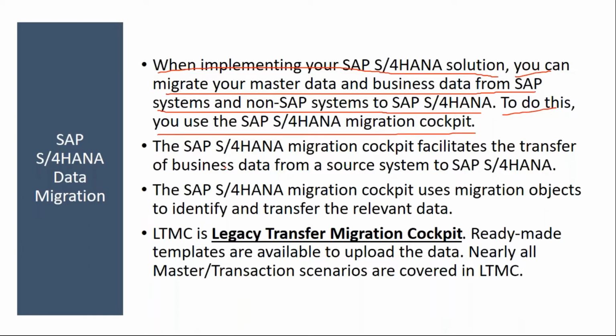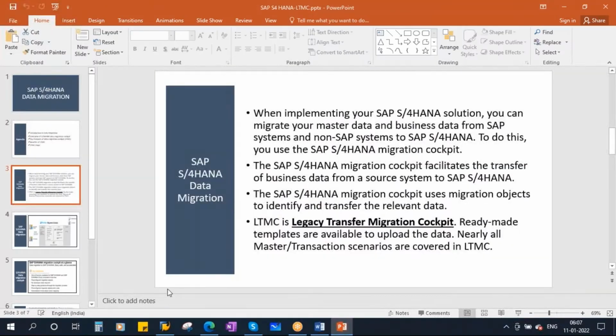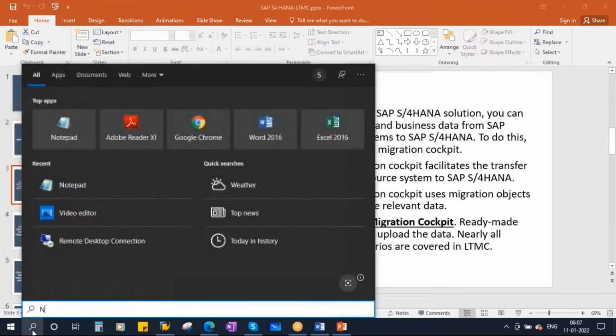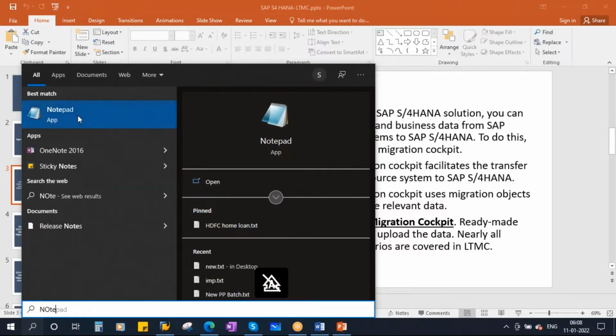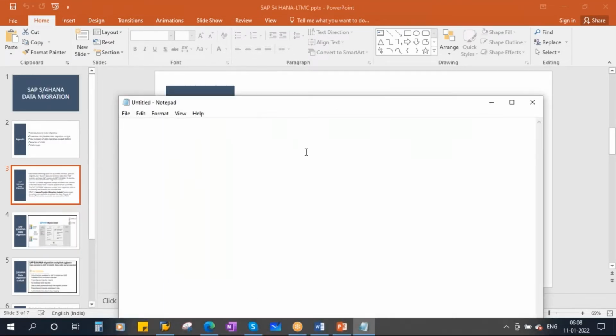So for this activity, for your data loads, for your data migration, you will be using this SAP S/4HANA migration cockpit. Let's say you are implementing SAP for an organization, let's call it ABC123. Now they already have a system, a legacy system.